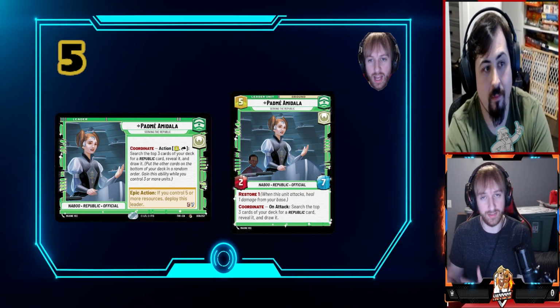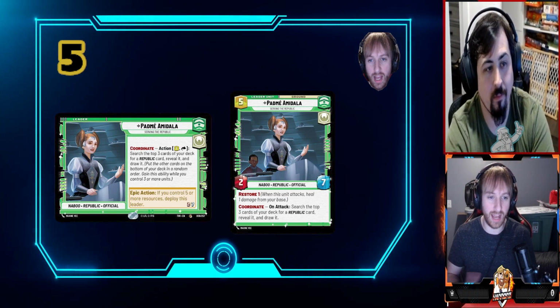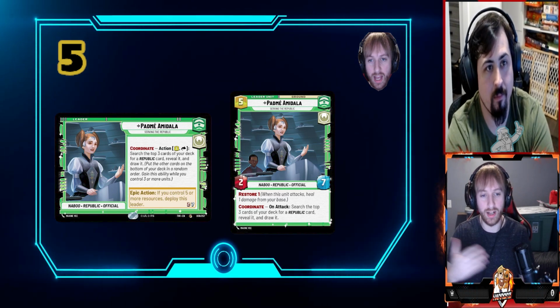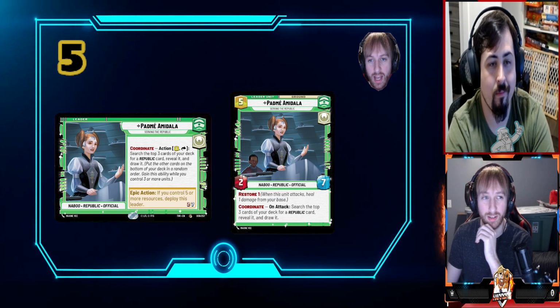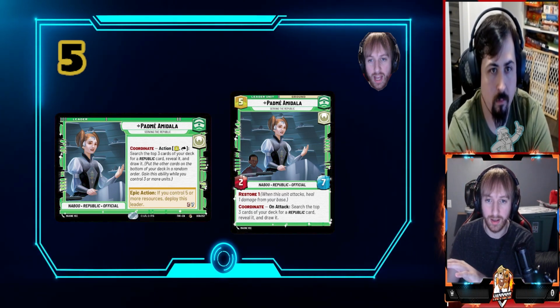She has a 5/7, right? So those splits are not that bad. She comes out on 5. And again, Restore, Coordinate, on attack has the same thing. Now, the big thing with her when it comes to me and why I ranked her as my lowest leader